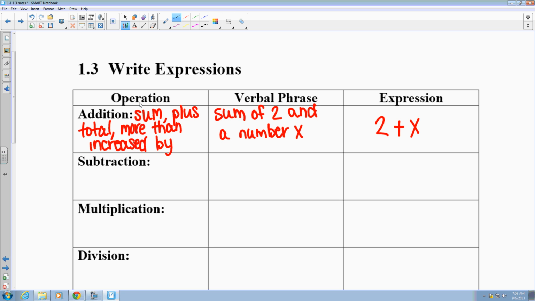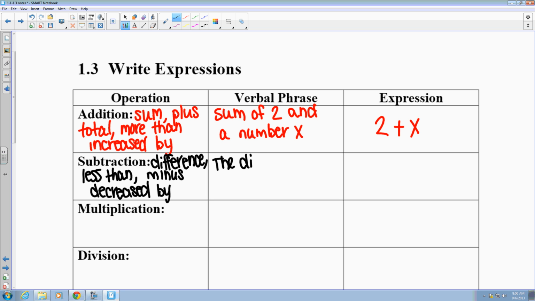Subtraction, some words that might be used: difference, less than, minus, and decreased by. A verbal phrase that could be used for a subtraction problem: the difference of a number n